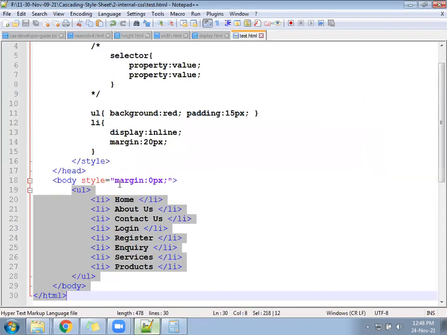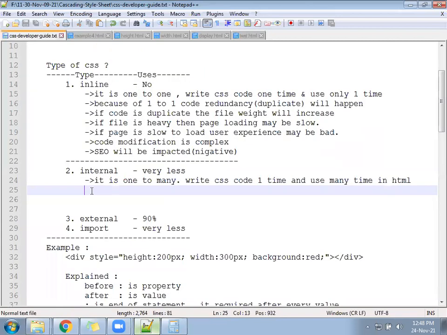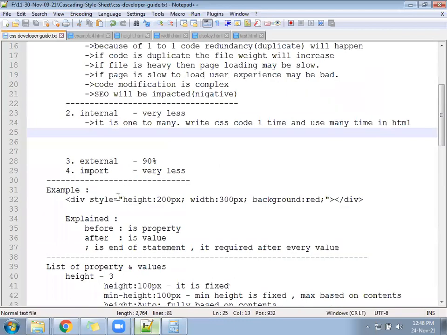In the current page, 100 times also you can write. There is no problem at all. But internal CSS, external CSS, import CSS. Internal, external, and import. All these three methods say that when you want to write one to many, you have to use the following technique. What is that? Let's go here.